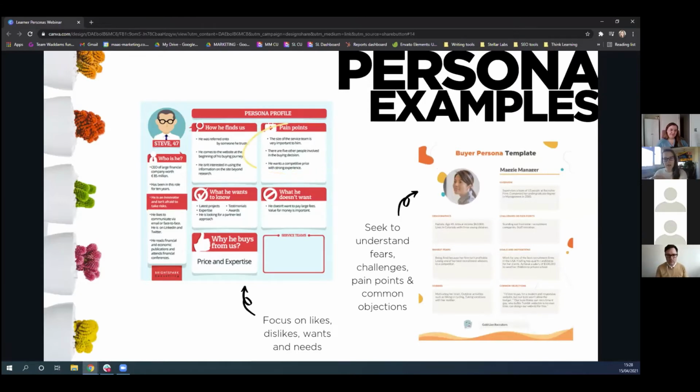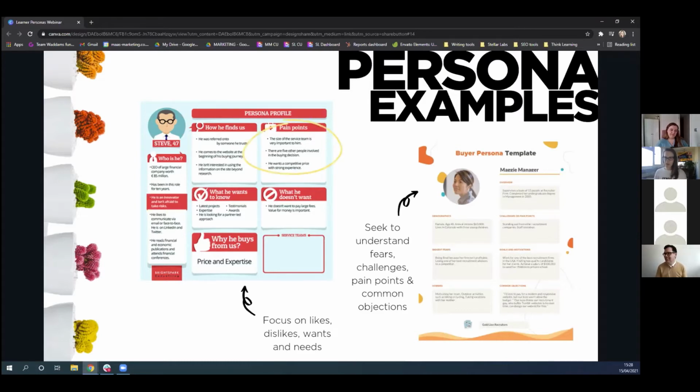We've created a template for you that you can use as at least a starting point and give you some structure. But what we're going to want to be doing is profiling. So who are these people? What do they kind of do when they're at work? We're going to focus on, again, their likes, their dislikes, their wants and needs. We also want to really examine